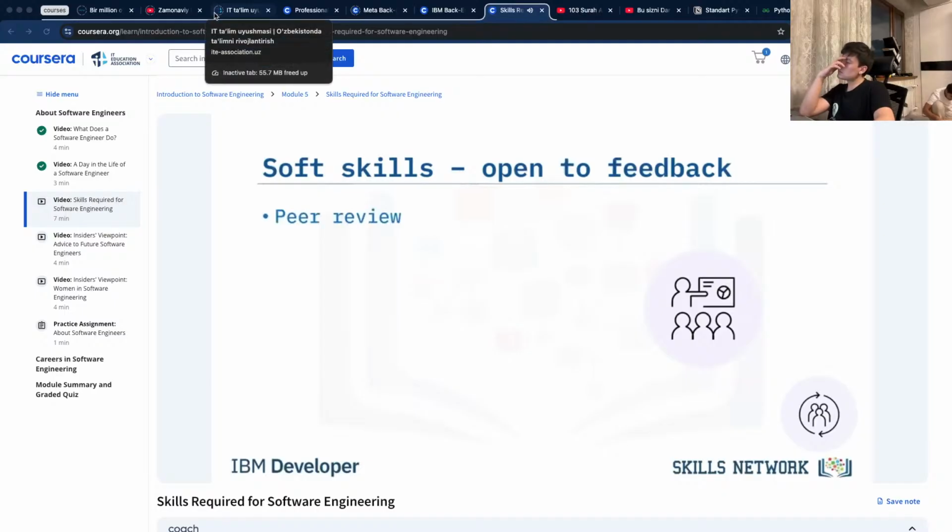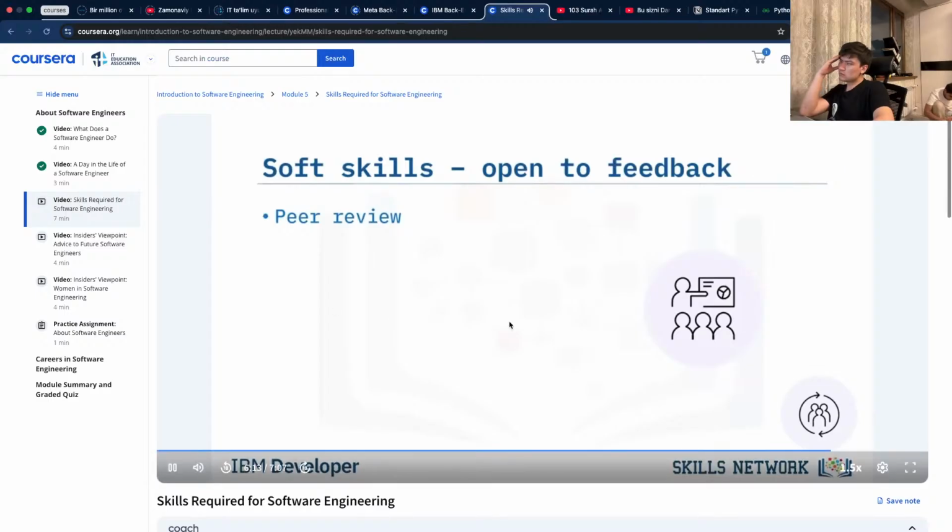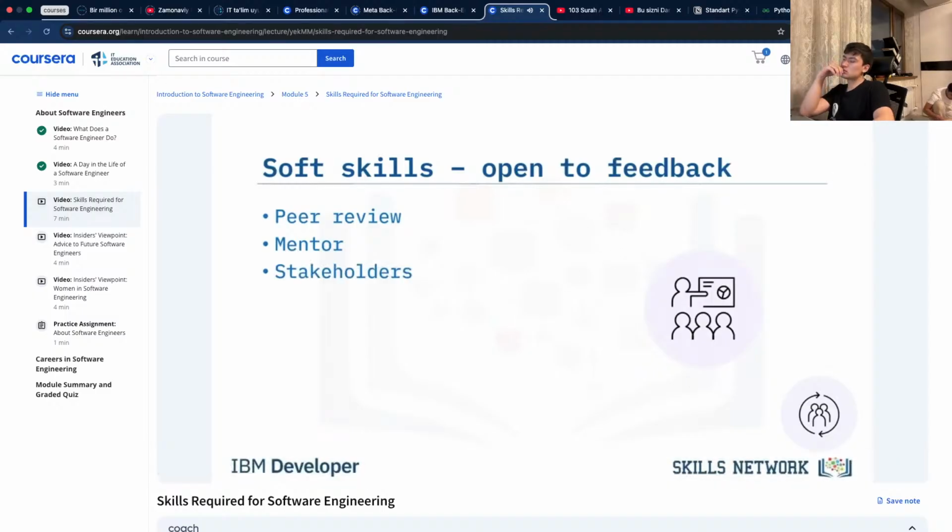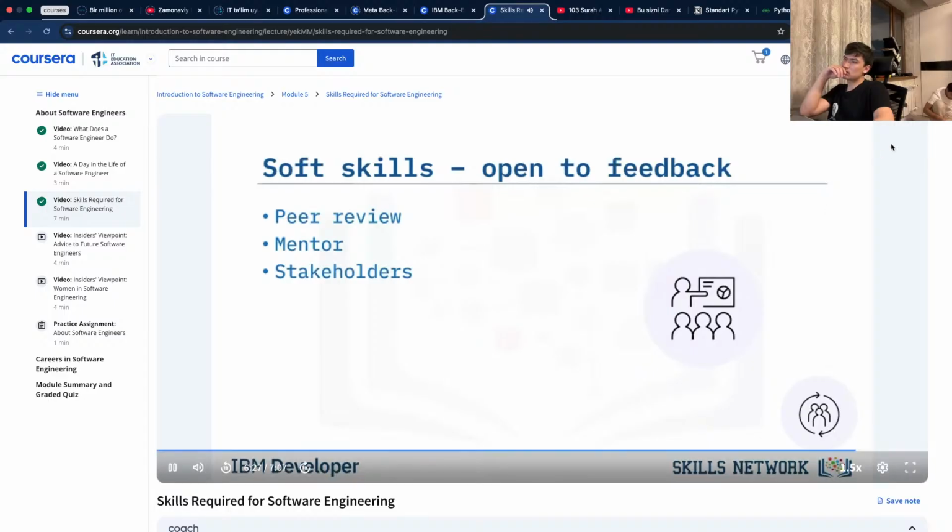Most software teams use some type of peer review system where peers review each other's code. This helps enforce any corporate standards and improves the code. In a junior role, you'll also likely have a mentor who will provide feedback and pointers where you can improve. And your stakeholders will provide feedback on pre-release and final versions of your solution.